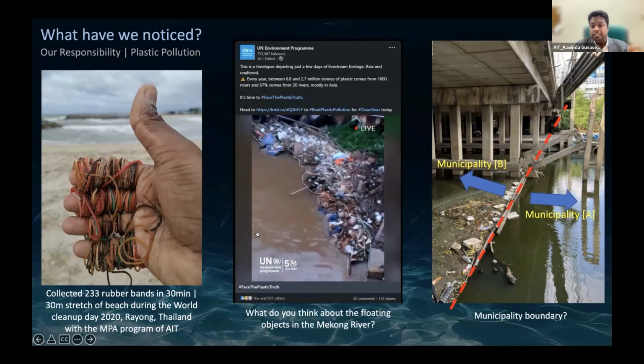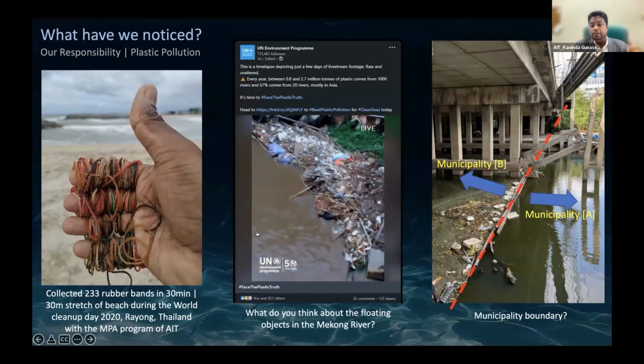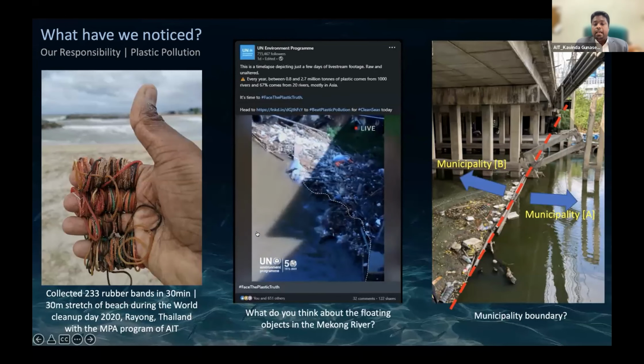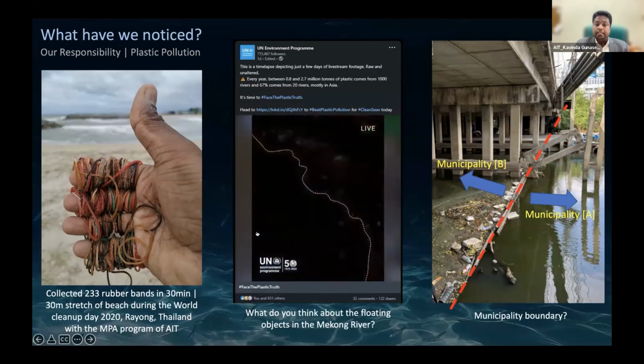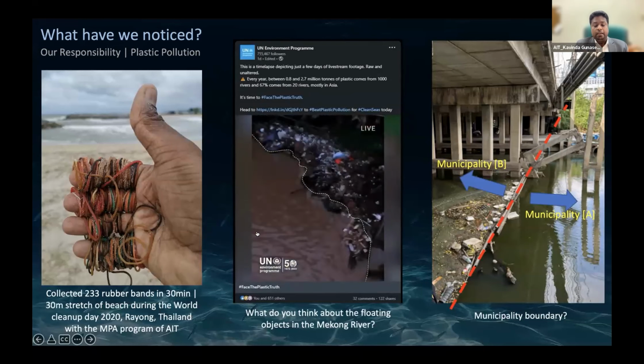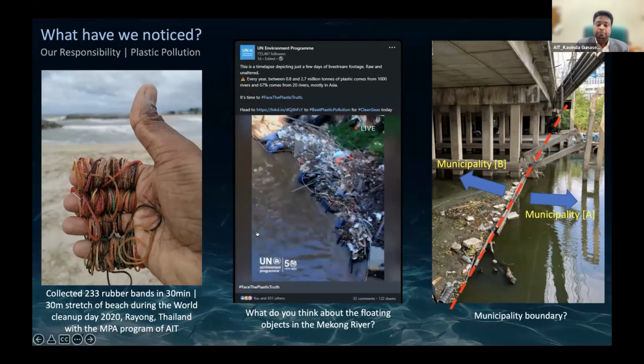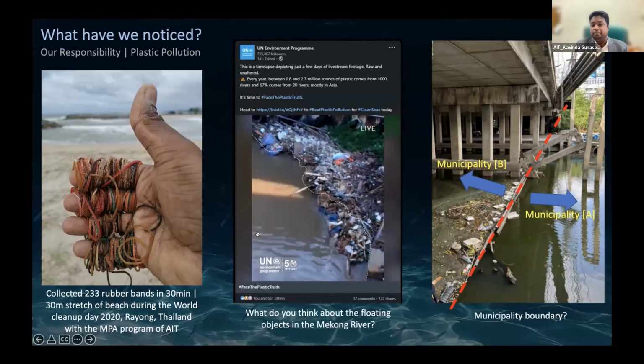I think as citizens, we also have a responsibility to help overcome this situation. And this is really useful for making social awareness, for people to think about helping to reduce plastic pollution.